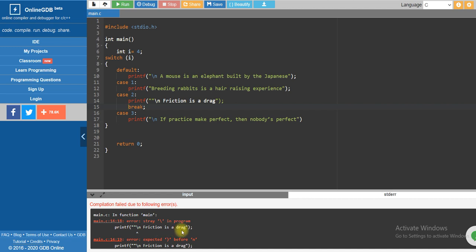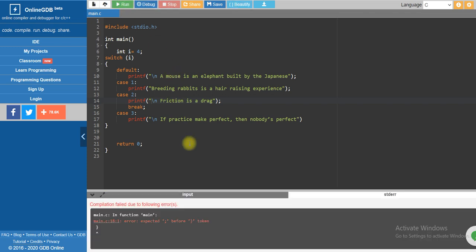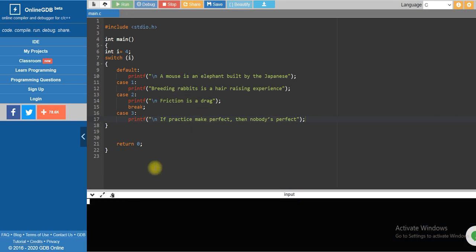Okay, what is the mistake? So int main, return. Okay, no problem, error expected.